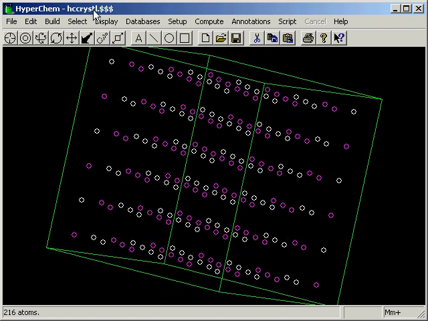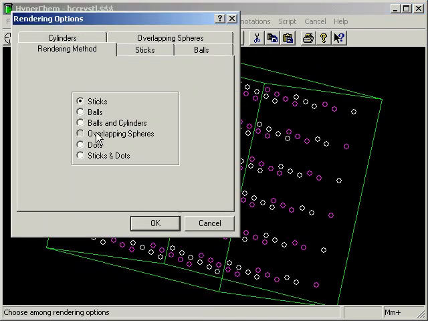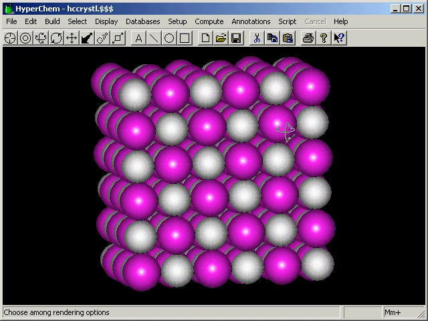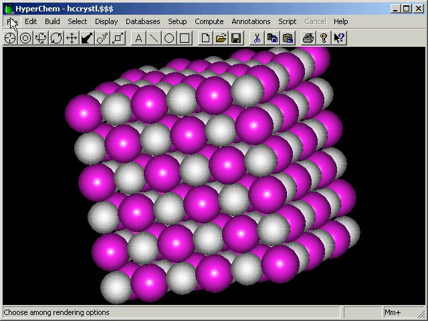crystal in HyperChem here. Let's turn on the display for overlapping spheres a little bit to see it slightly differently. So there's a crystal built with HyperChem. If one wants, one could merge in